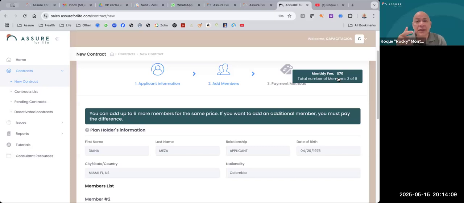If you have a case in which you already have 7 and the family wants to add 1 more person, please listen carefully. Then the system will allow you to add 1 more person for an additional fee. That member number 8, okay, will pay, let's say, $25, in addition to the $70, assuming it's a special rate state, okay, and that person must be age 65 or younger, okay? If you have a case like that, you have to call the customer service department to ask the client to make the payment over the phone, because the system